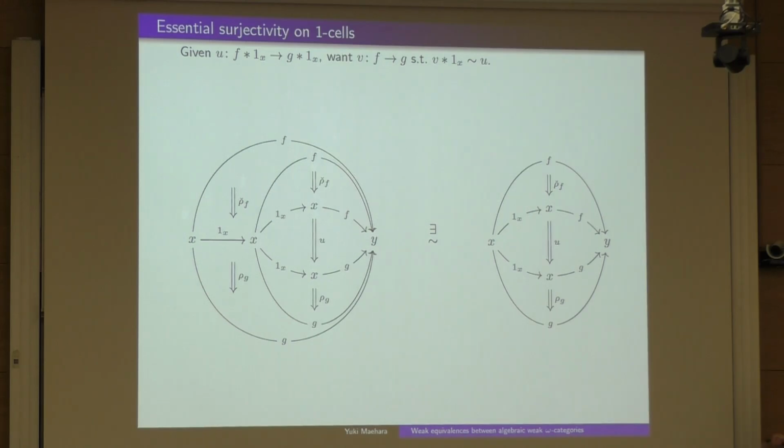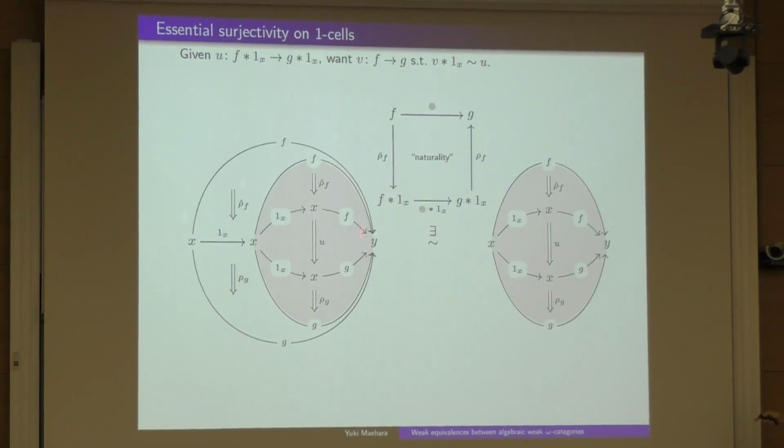Why? Well, if we think of these shaded bits as just a composite here as a single thing, and same thing here. Well, on the right we have just this thing which points from F to G. And on the left, we have this unit law followed by the identity whiskered with this highlighted thing composed with this unit law again. So on this side is this. So this